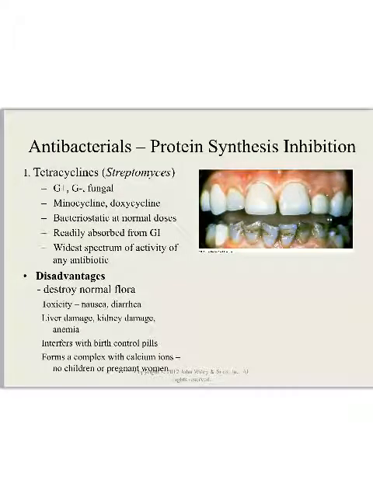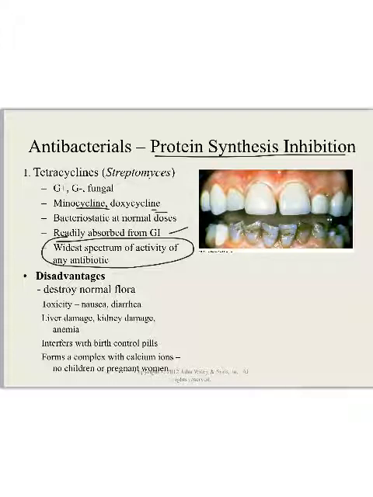Okay, now another one that inhibits protein synthesis, so this is going to work differently, is tetracycline. Tetracycline is very wide spectrum. It gets absorbed through the GI tract. Sometimes you see the cyclines. Doxycycline you've heard of, that's used to treat Lyme disease. Minocycline. Okay, so tetracyclines